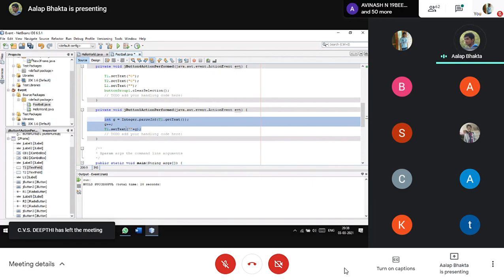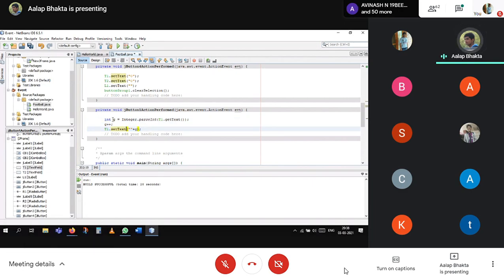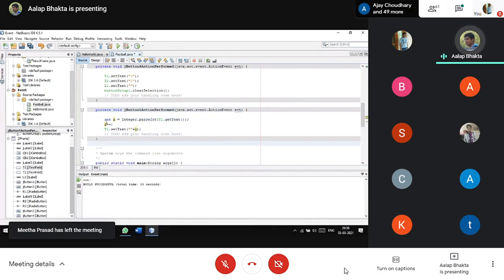Another thing is that this G variable is accessible only in this block. It is not accessible outside this block. This is the access block of the variable G. Okay.